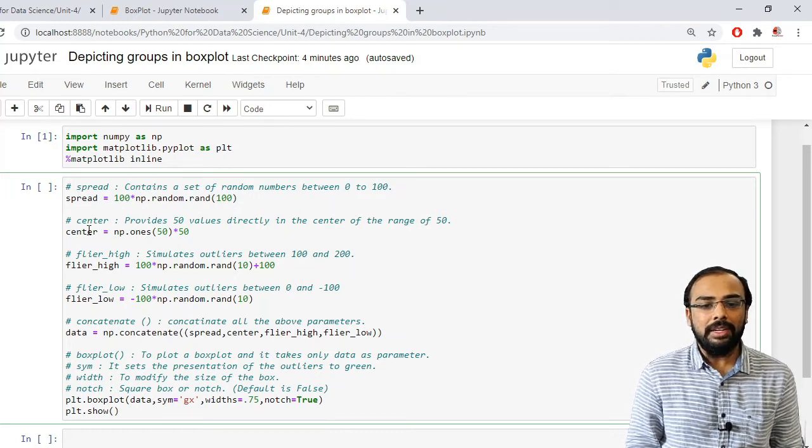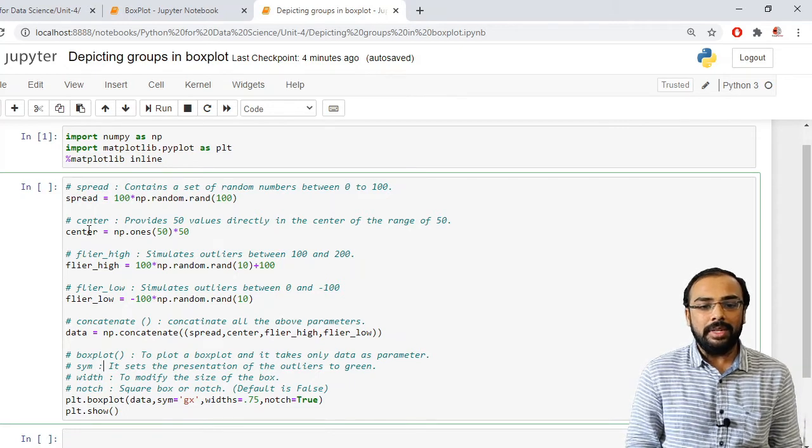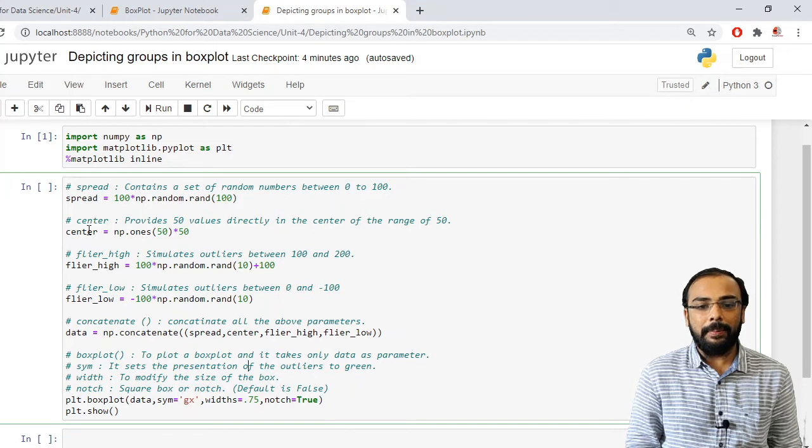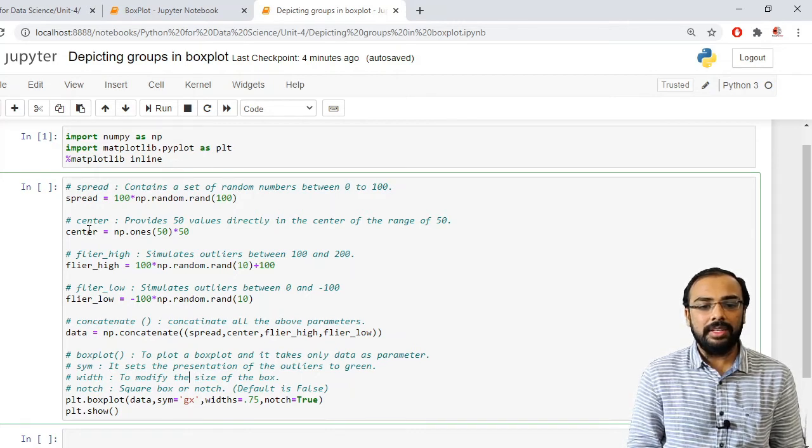The second parameter which we can pass is sym. It sets the presentation of the outlier to a particular color. So if you want to specify the outlier in a specific color, we have to use the attribute sym. The next attribute we can pass is width.